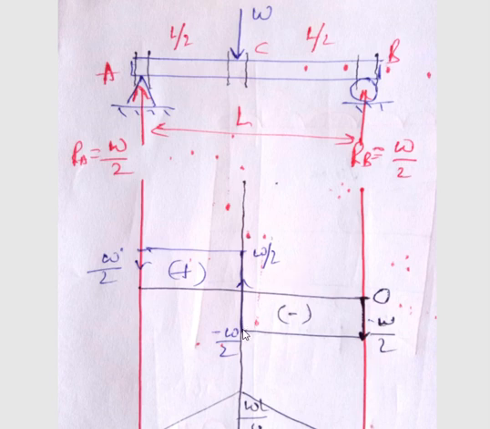So the curve which was at minus W by 2 at this section is now suddenly going to plus W by 2. Both the sections are nearby, almost at distance 0, so I am representing them on the same line. From minus W by 2 the curve will go to plus W by 2 because of this section. Now if you want to verify, consider this section. When I come from the right side, again there are only two forces, one is this one and the next is this, which I have already considered here.